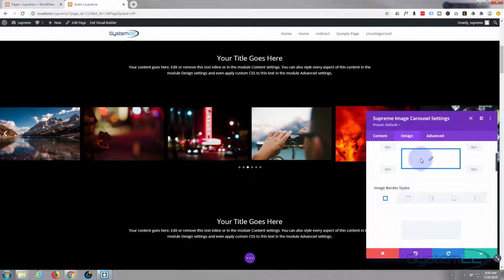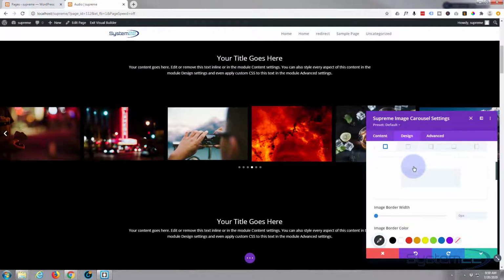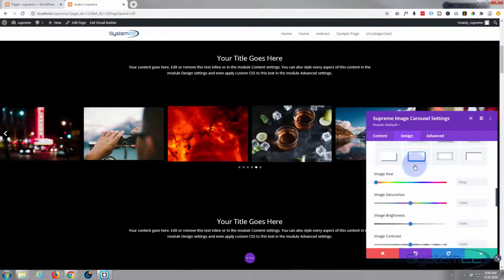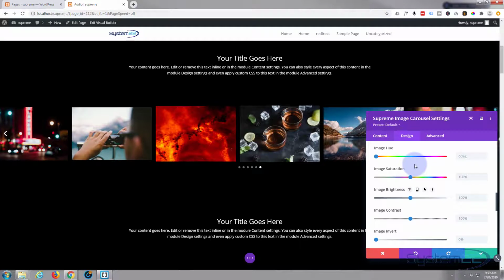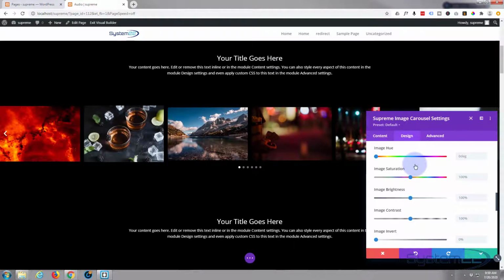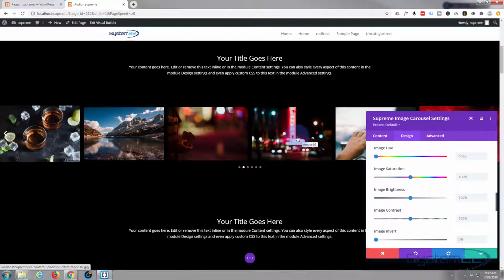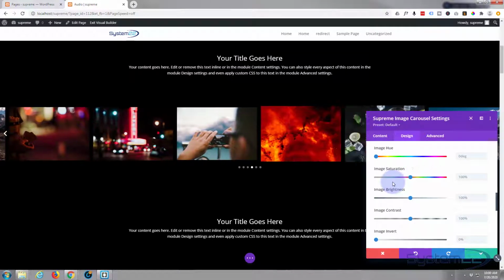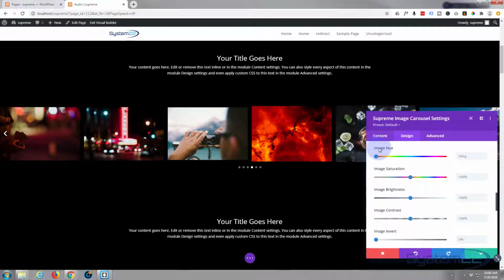Image, I don't want to give my images rounded corners or borders, so I'm going to leave that just as it is. Don't want any box shadow or glow. But filter wise, I think it'd be nice to adjust the hue when they hover over it, so it'll go a completely different color. So I just want it on hover, so what I'm going to do is hover my